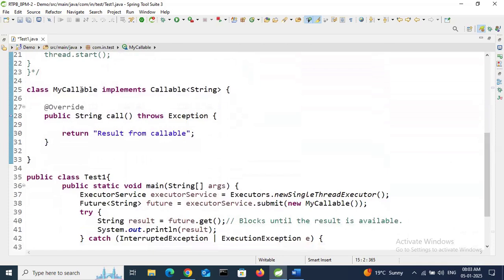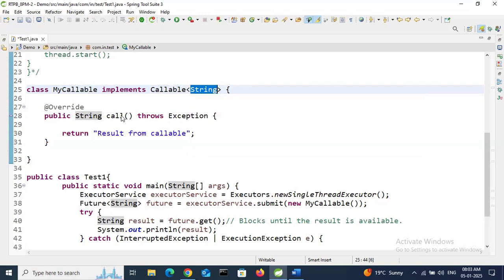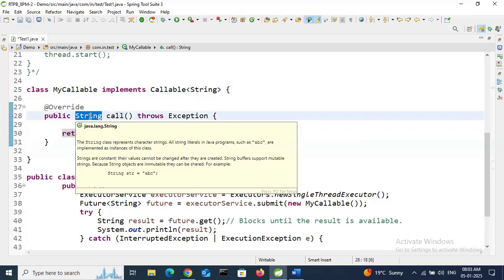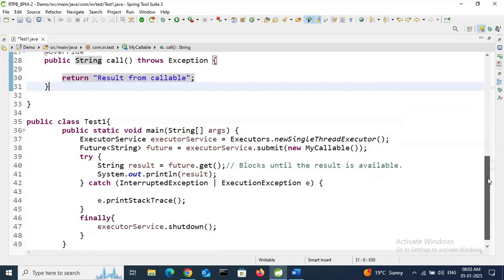So here, class Callable implements Callable. It is expecting the generic type. I'm passing String. We are overriding the call method. Call method will return some object of type T, here in this case String. The run method above doesn't return anything, but callable will return something. So I am passing some string here. It will return the string. To execute the callable call method, it requires executor